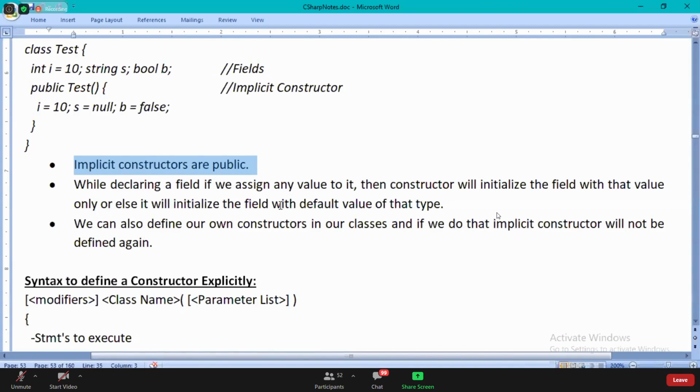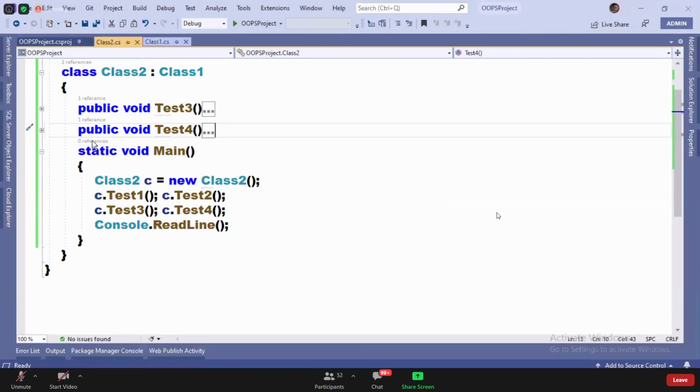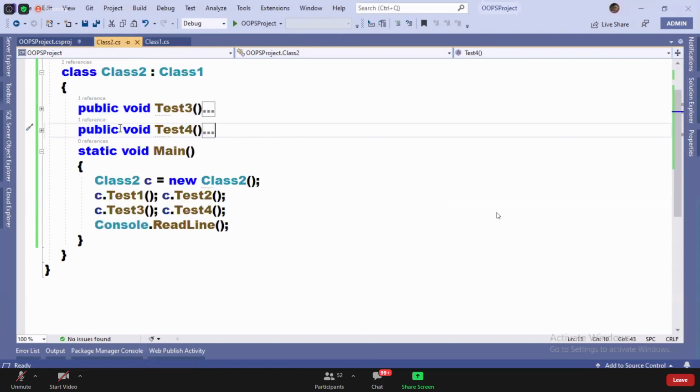Okay, now we will understand this much better. Watch. I'm going to define a constructor in class 2 also.